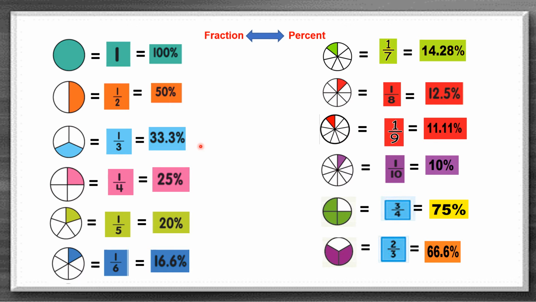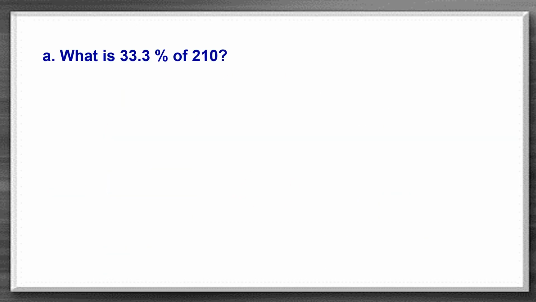If you remember all these fractions and percentages, you can convert percent to fraction and fraction to percentage in a very easy way, and it will save a lot of your time. Especially during competitive exams, directly by looking at the question, you can write the answer. I want you all to remember all these things. If I say 1 by 3, in percentage 33.3%. If I say 11.11%, which equals 1 by 9 as fraction. If I say 75%, it equals 3 by 4. If I say 50%, which equals 1 by 2, you should remember. This chart is very, very useful and it will be very helpful to you.